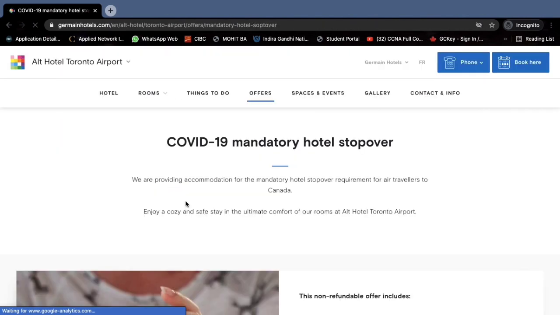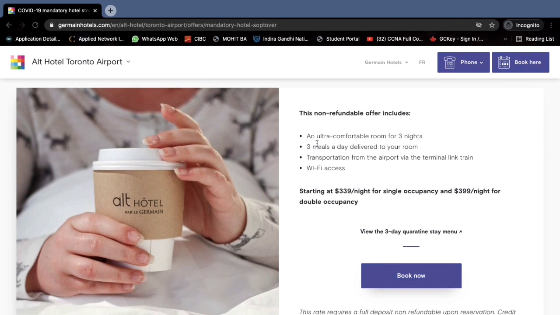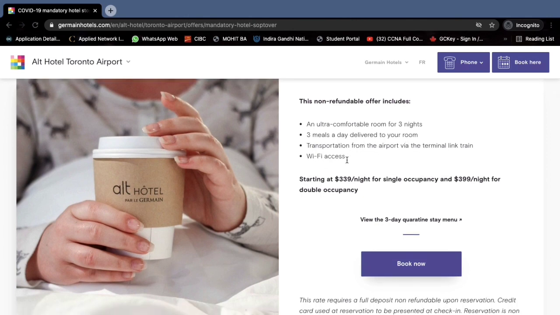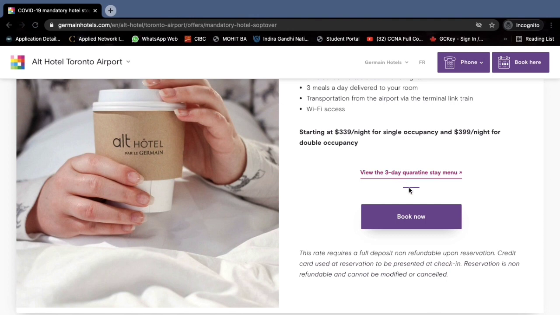After clicking on that, it will redirect me to their website. On this website, they have clearly mentioned that this is a non-refundable offer. So they will give you an ultra comfortable room for 3 nights, 3 meals a day, transportation from the airport and Wi-Fi access. They have said 339 Canadian dollars per night for single occupancy and 399 for double occupancy. But the main thing is that when we click on book,